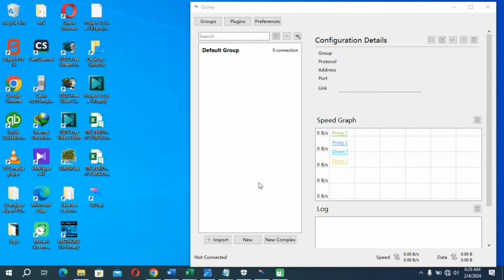So in this tutorial I'm going to teach you how you can set up this Qv2Ray application to work with a Trojan SSH account on your PC without facing any troubles, through an SNI host. So let's get started with our video and see how we can set up this application